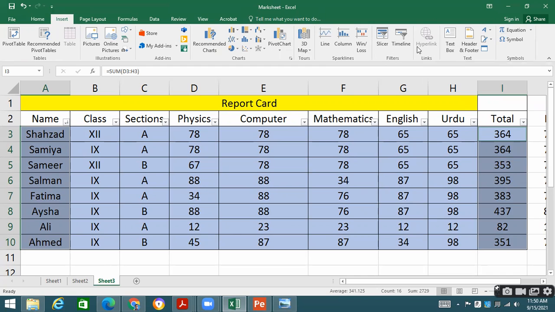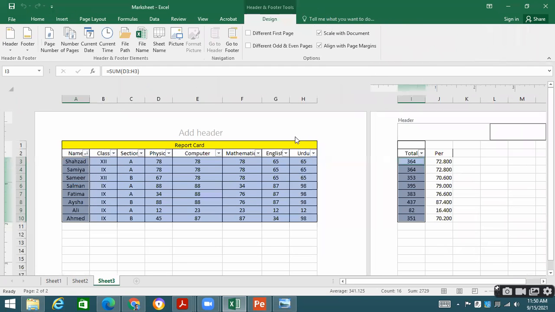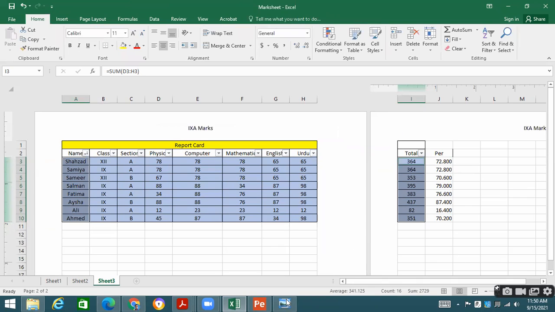Then we have got insert header and footer. In this page, if you want to insert some header, for example, I say 9A reports, marks. Let's suppose this would be the header which will be coming on each page when you print it.